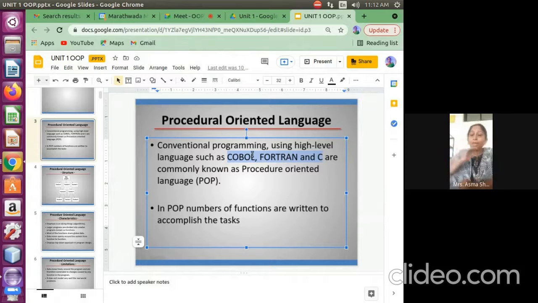If you remember the hierarchy of languages, students, the machine only understands 0 and 1 format. 0 and 1 means on and off only. But it is very difficult to remember and understand machine codes. If I wanted to write a 1, I have to write three zeros and a 1, which represents 1. So it is very difficult to remember.